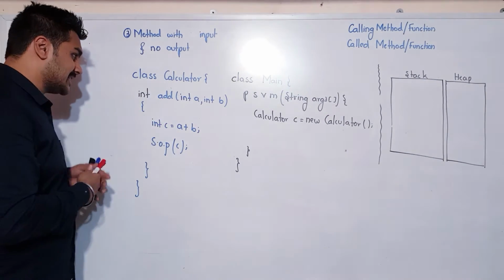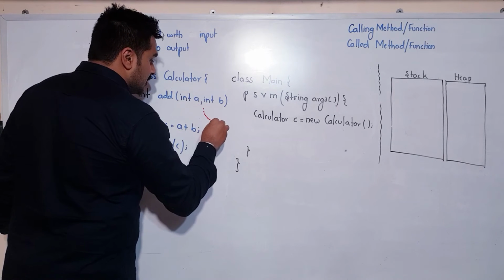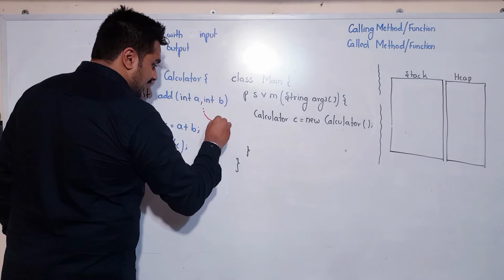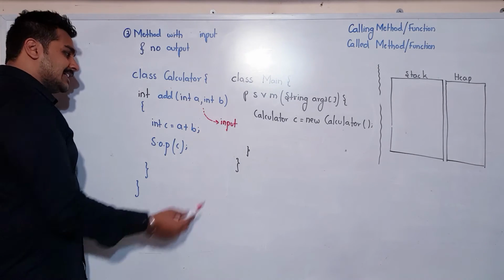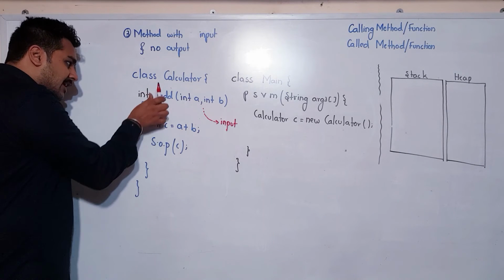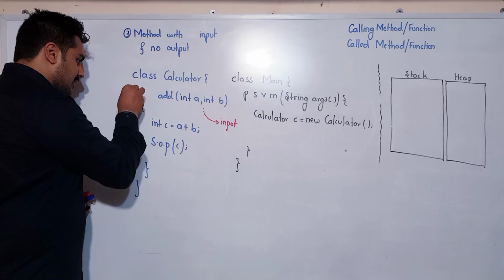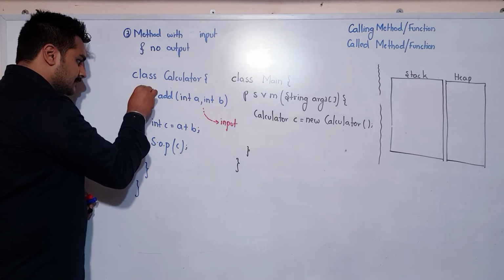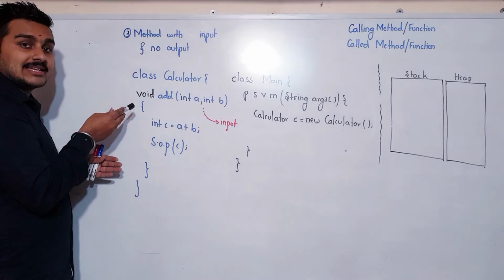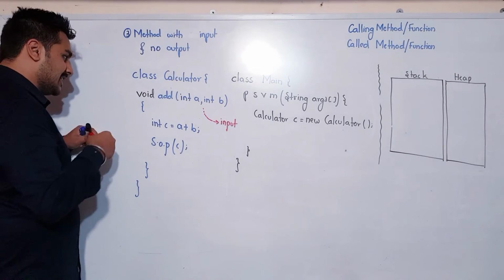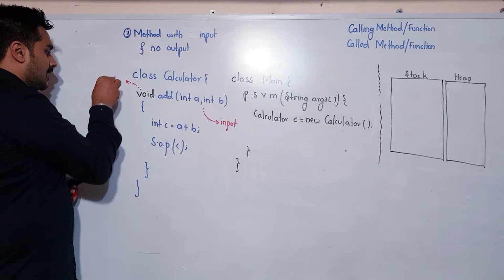So if you see this method clearly, in the place of input, do you have an input? Yes, input is there. In place of output, are you giving any output? No boss, I am not giving any output. So this is going to be what? It is going to be void. Because if anything is coming out of this method, then it is an output. But here, it is not coming out anywhere. So it is no output.